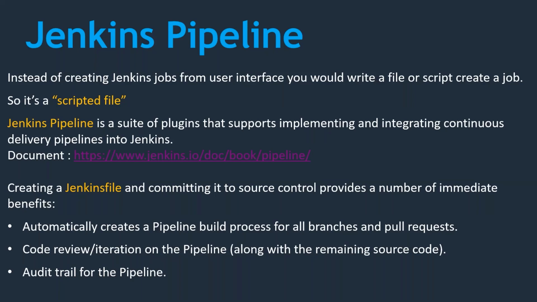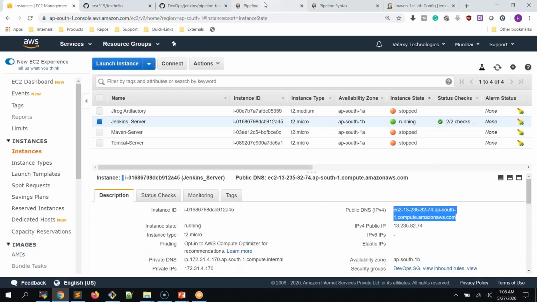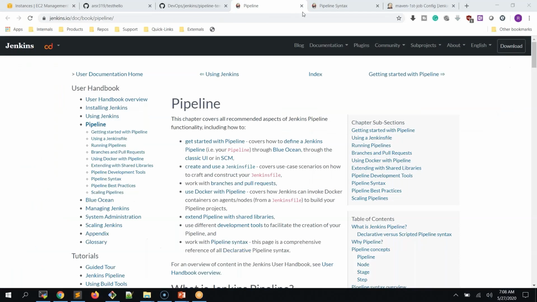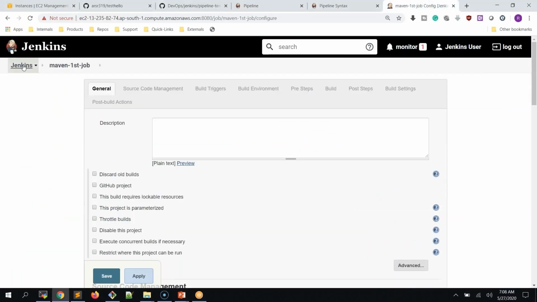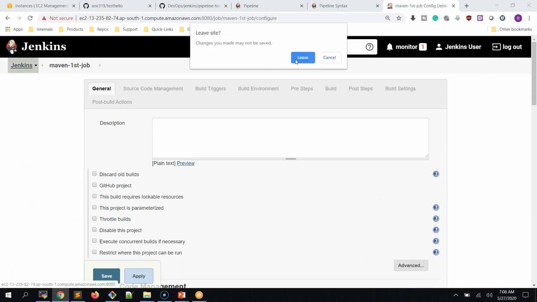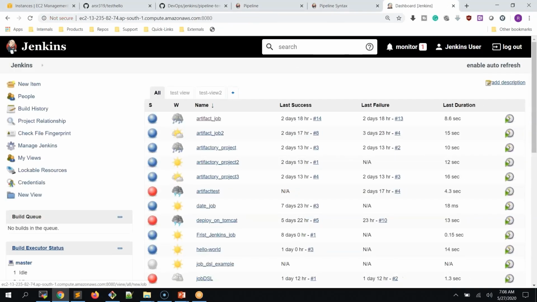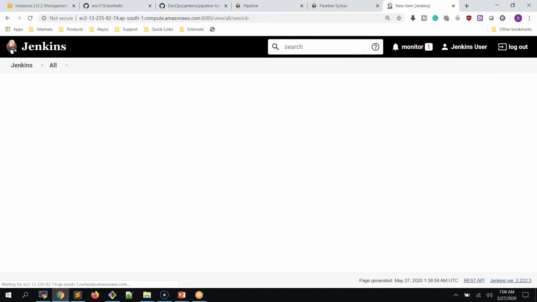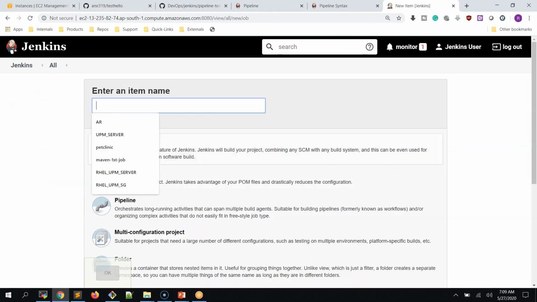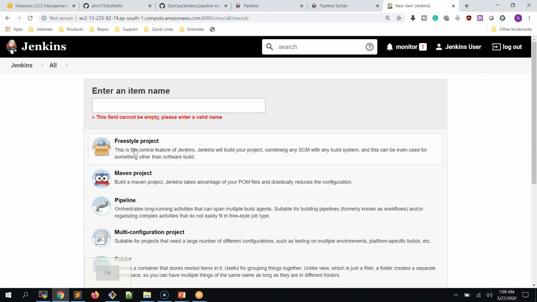So far, if we want to create any jobs, we are going to the GUI over here, and we are creating our jobs manually. We are creating our jobs manually, like new item, and we start specifying all the parameters. Either it is a freestyle or a Maven project, we choose that one, and we continue with that